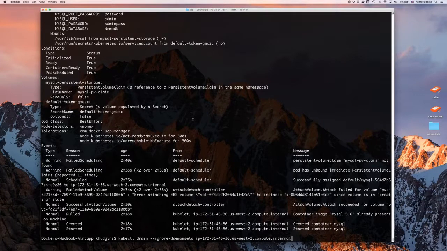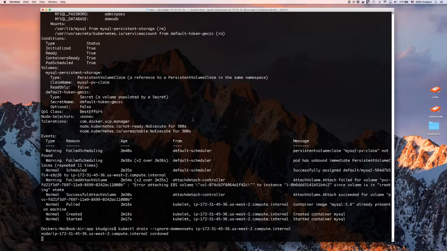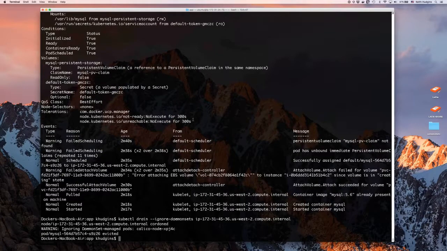What that does is tell kubectl drain that the native daemon sets that are managing Kubernetes, and any of the pods that are flagged or labeled as a daemon set in Kube, let's not flush those, because otherwise we completely lose that particular host from our Kubernetes install. And Calico is our networking setup in Docker EE. So now we've evicted this particular pod